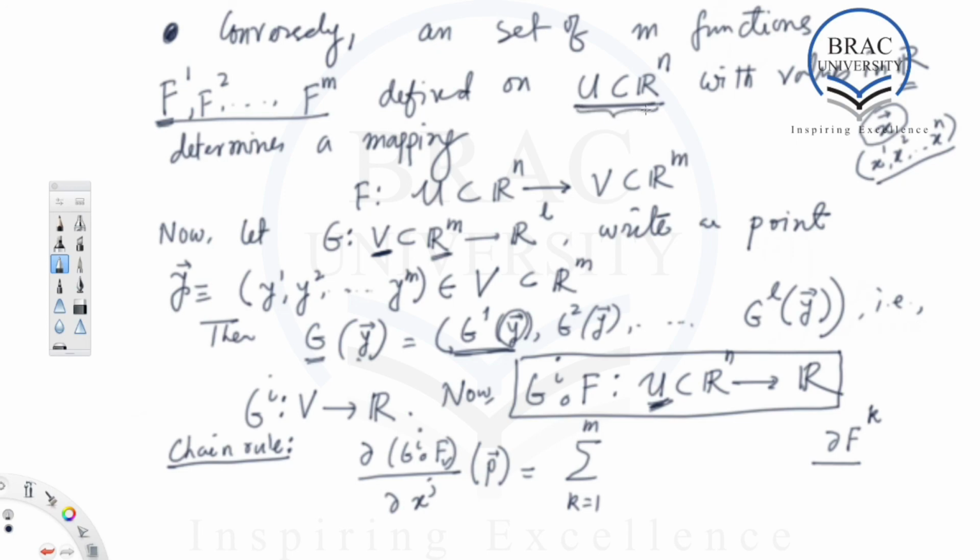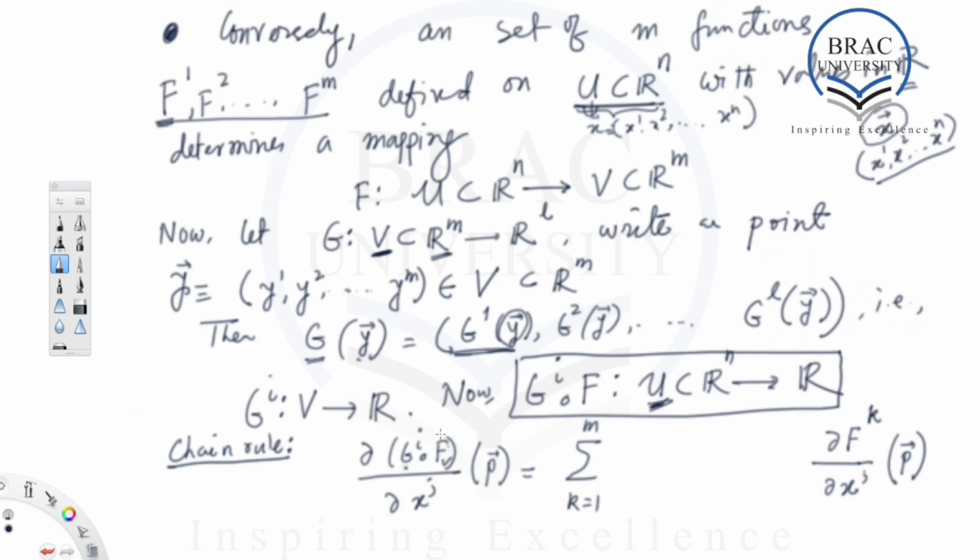So a point here in U is given by x, right, which is nothing but this n tuple. So I'm going to derive fk with respect to xj and evaluate it at the point P, okay, and then